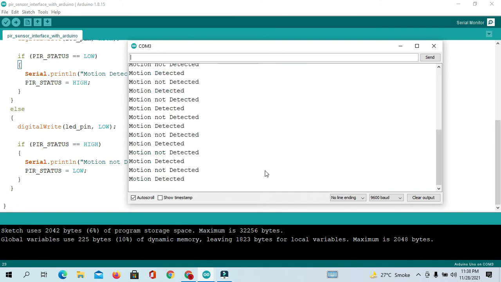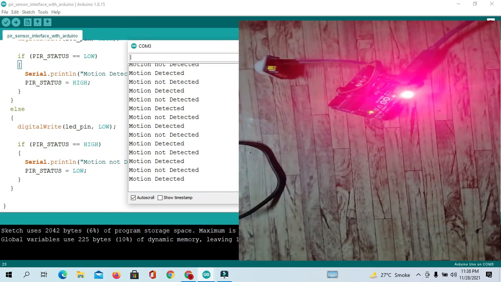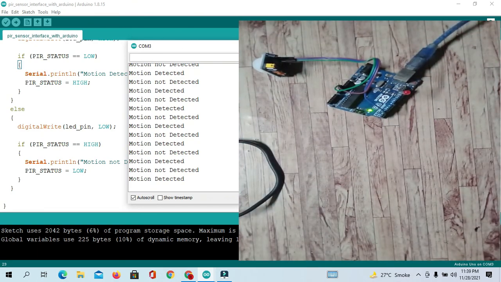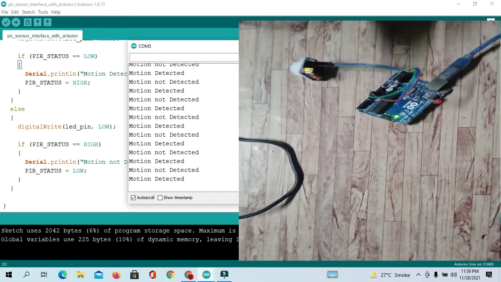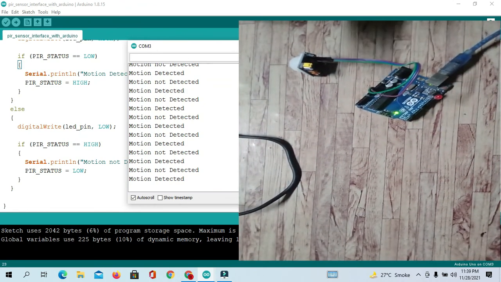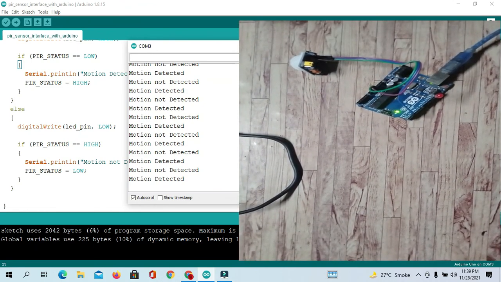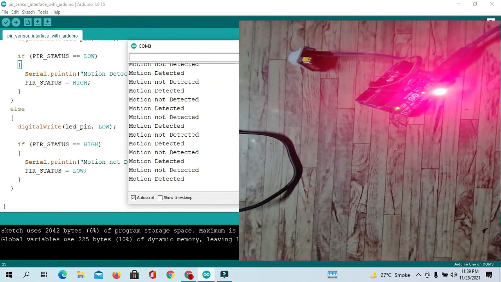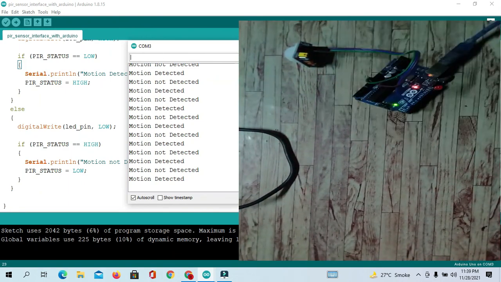If I move my hand in front of the sensor, then our digital pin 2 will be high. Okay, you can see here, we have set some time.